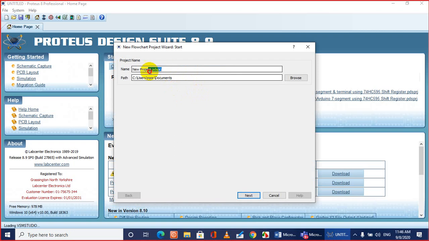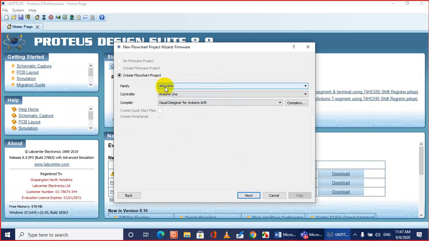Let's give a name for our project. Let's say MAS Lab 9 7-segment display.